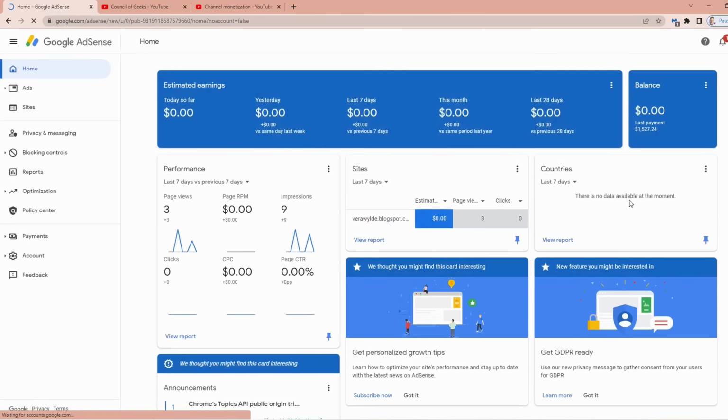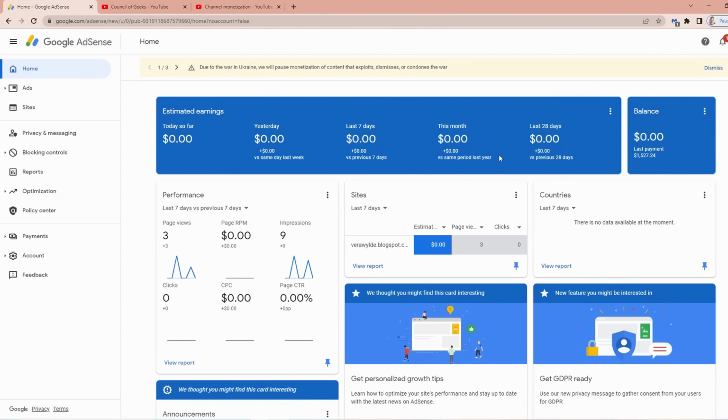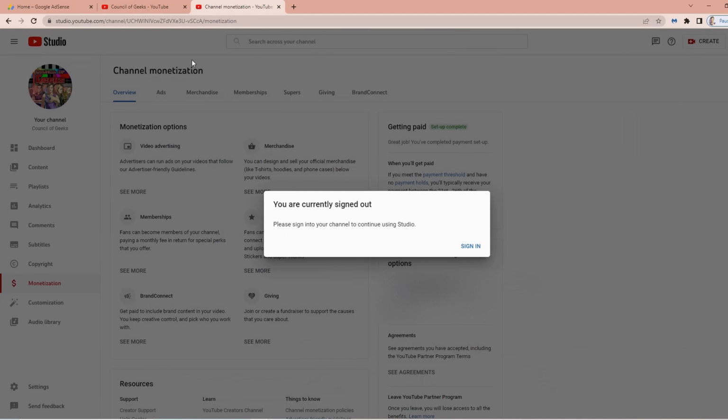Hi, AdSense. Now, don't worry about these actual numbers, because this is actually showing numbers from an old blog that I used to have that I don't even know, I guess it's technically still up. I don't know. So ignore all this. Ignore all the dashboard stuff. This is not going to be reflective of any of your YouTube earnings, because you go to channel monetization for that. You'll notice I'm currently getting a notice that I am signed out